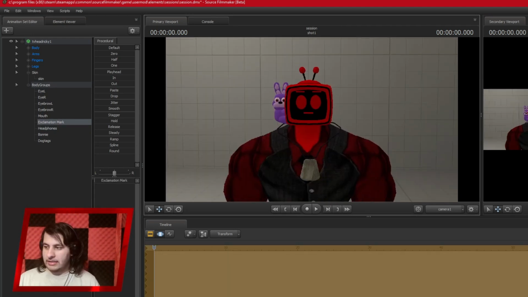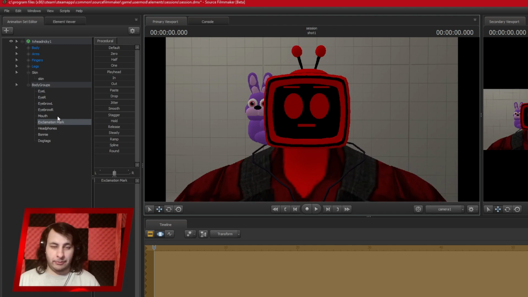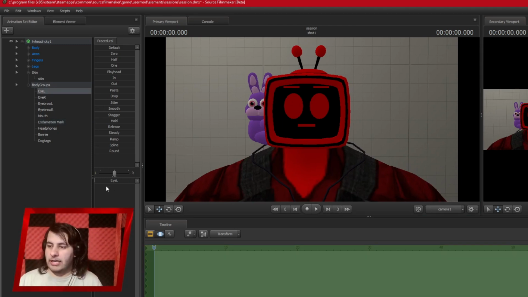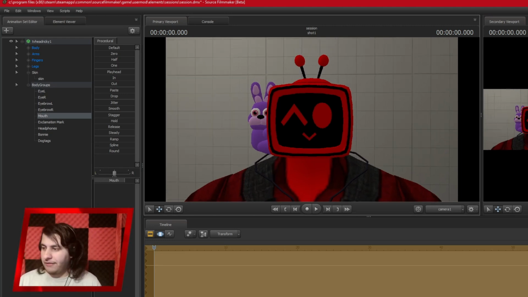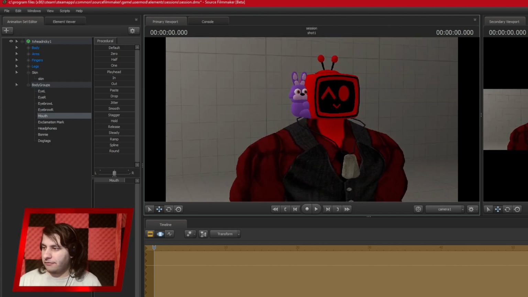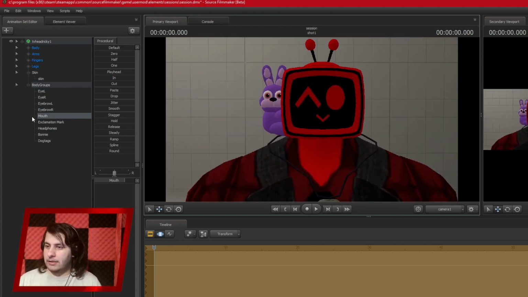But what you can see right here is now I can actually manipulate the face a little bit better. I can draw him into a sort of wink. Disable the eyebrows because it makes him look as if he's a little bit annoyed, and take the mouth and make him smile, and he's giving a bit of a friendly wink. So there you go. I can make him look friendly,